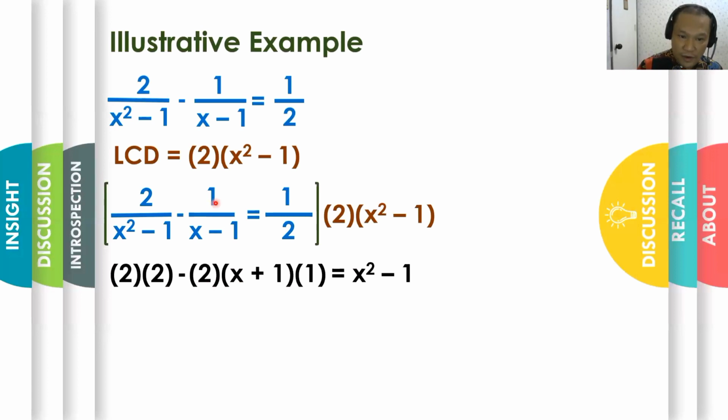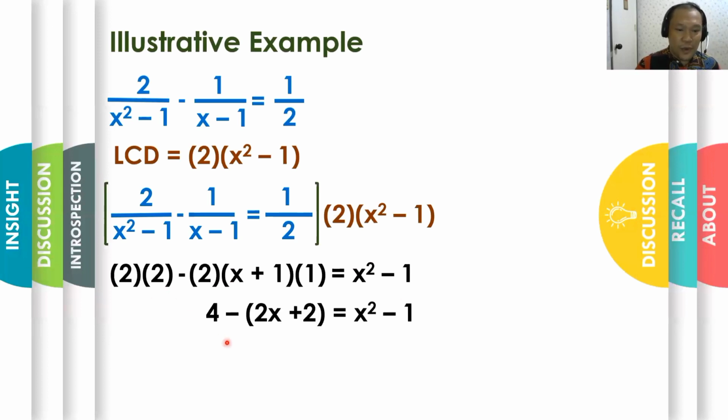That's why we do have 2 times x plus 1 multiplied to our numerator, is equal to, next, the LCD divided by 2. What is left will be the quotient x squared minus 1 multiplied to 1. Using the identity property for multiplication, the answer will be x squared minus 1. Any number multiplied to 1 will be the given number. Okay. Next,